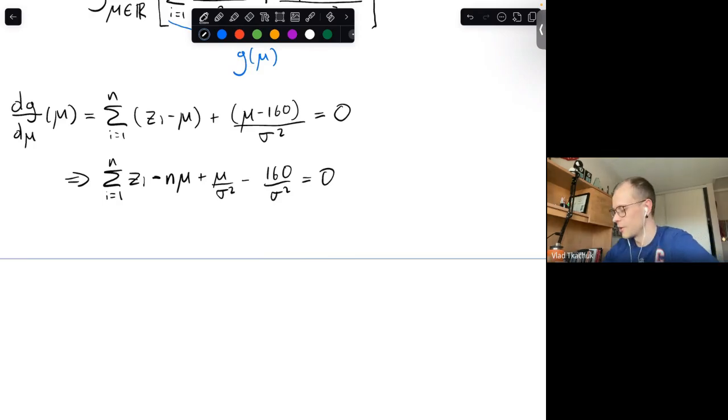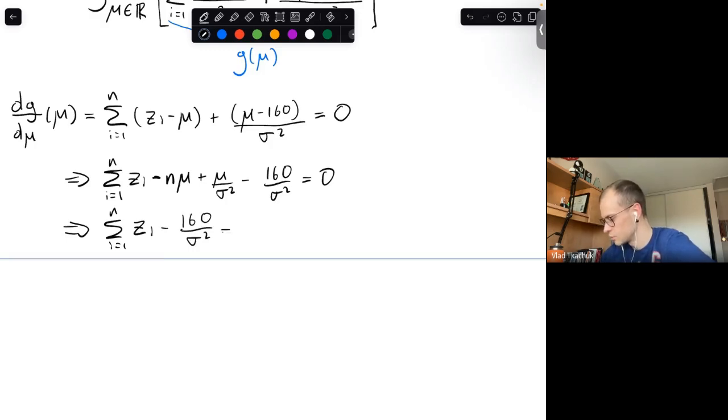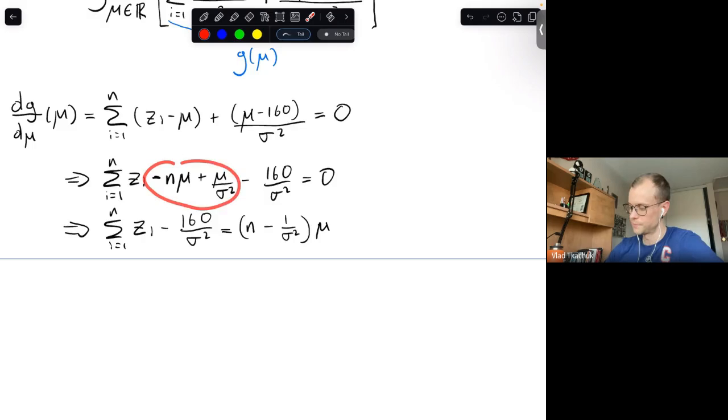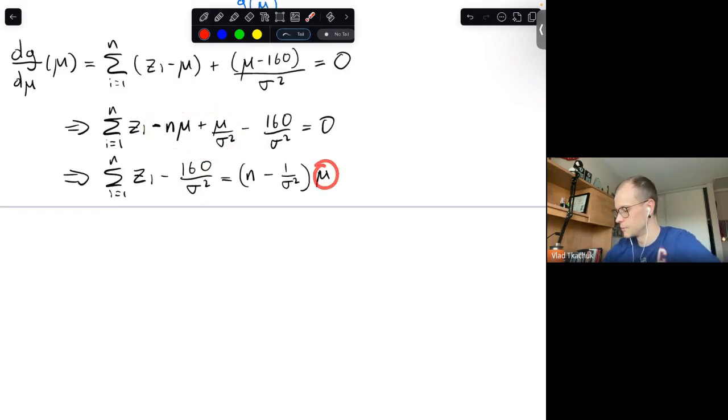So I'm going to move all the terms depending on mu to the right. And so what I get is the sum from i equals 1 to n of zi minus 160 over sigma squared equals n, I'm going to put this in brackets, minus 1 over sigma squared, times mu. Okay, so that's just these two terms on the right. And now my goal was to solve for mu. So I can solve for mu by dividing both sides by this, and so I get the final solution,